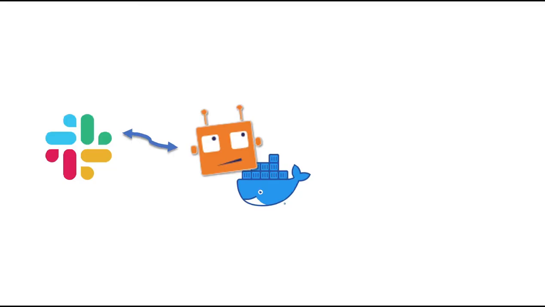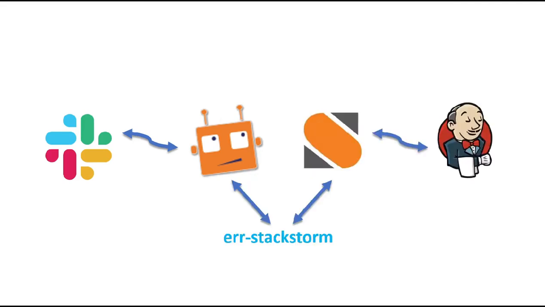Hello everyone, this is a continuation of the ChatOps series. In this episode I will be talking about StackStorm mainly. In the first episode I was showing how to integrate Slack and Errbot to run some Docker containers. And this time we'll be doing something more complicated and using StackStorm to communicate to Jenkins and run the Jenkins